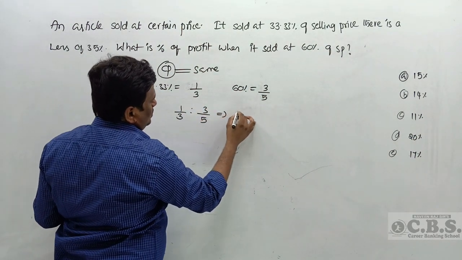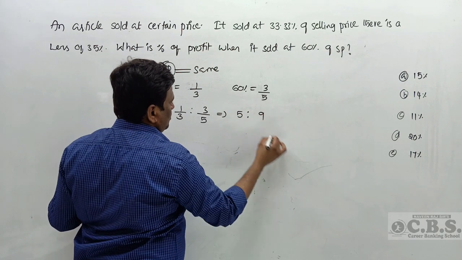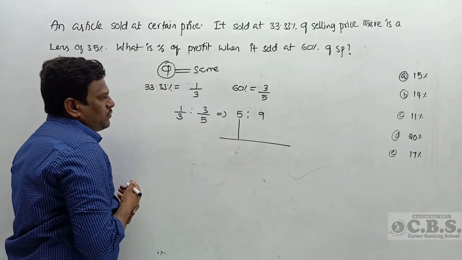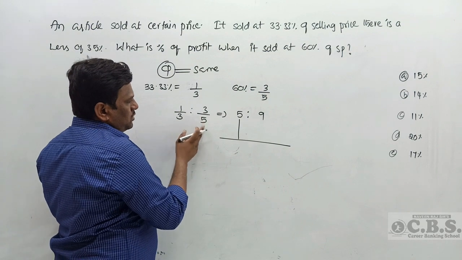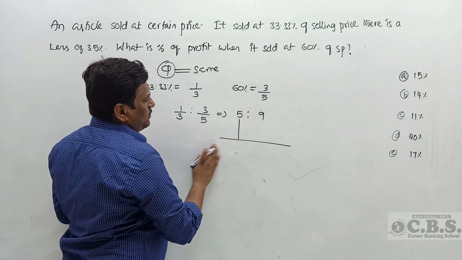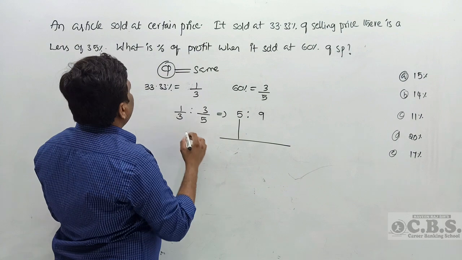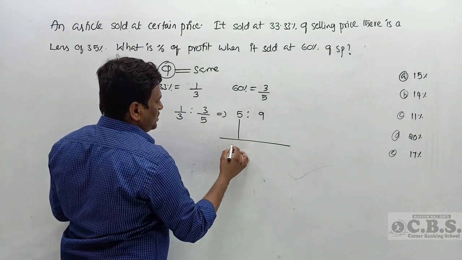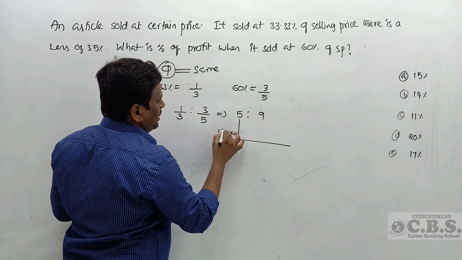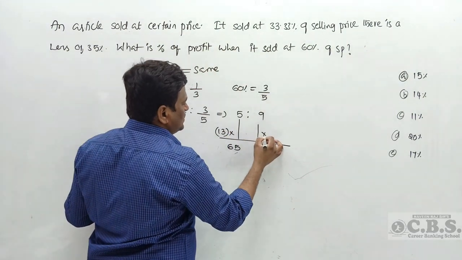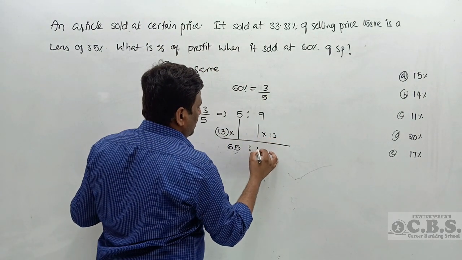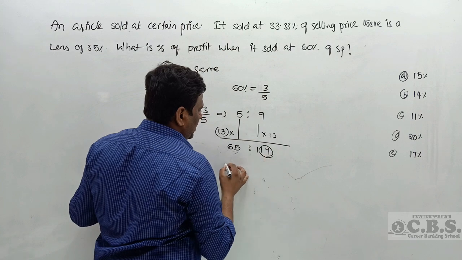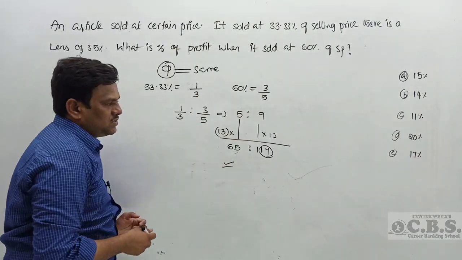Now LCM is how much? 5:9. Okay, so the ratio of this one is 5:9. So first of all, how much loss was sold at? 35%. 35% loss means how much is it? 65. 65 in the 5 table, how many times? 13 times. When it is 13 times, 13 nines are how much? 117. How much above 100? 17%. So the answer is 17%, the right answer.